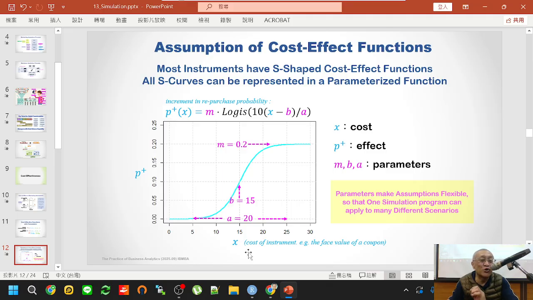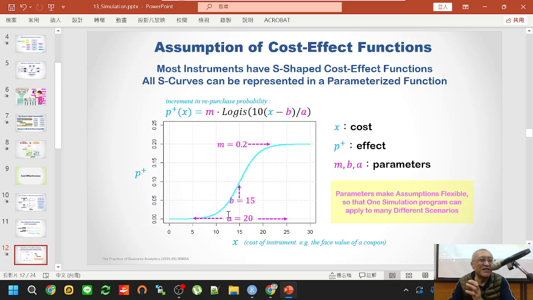Take the cash coupon as an example. If I just send $5, maybe the P price is the delta P, the same thing, right? And this X is the same as C. So if I just send $5, it barely has any effect. If I increase to $10, it will have some effect on buying probability. If I keep increasing this X, then you will see that the buying probability will rise up.